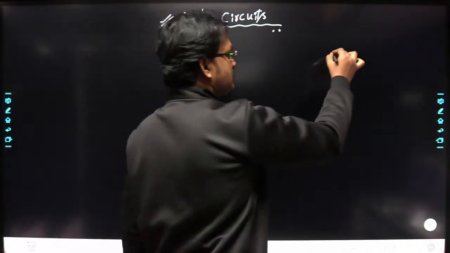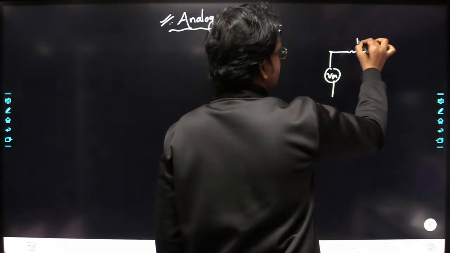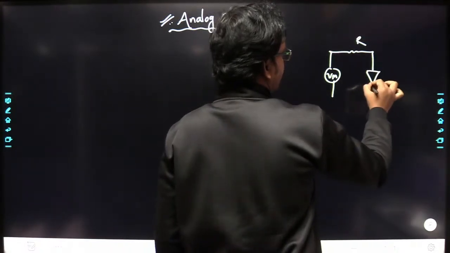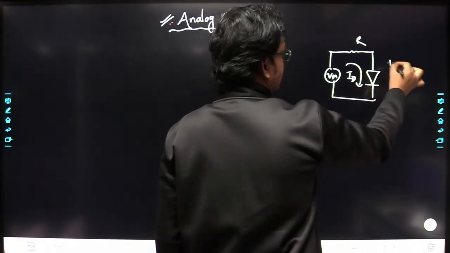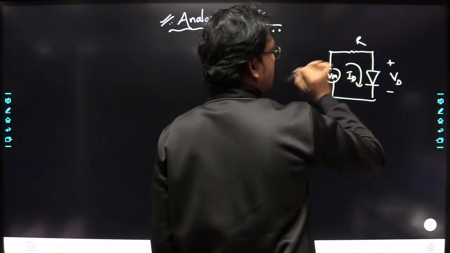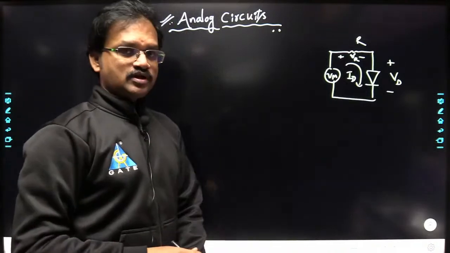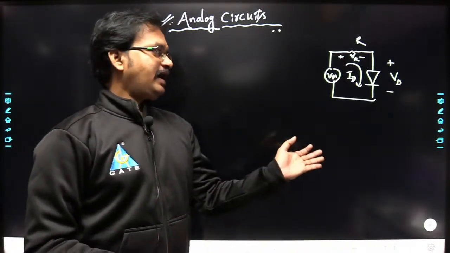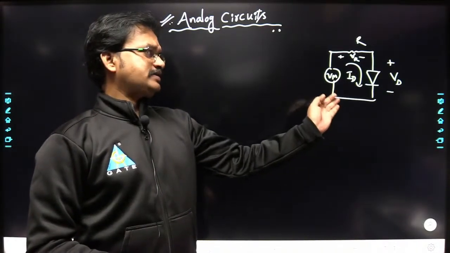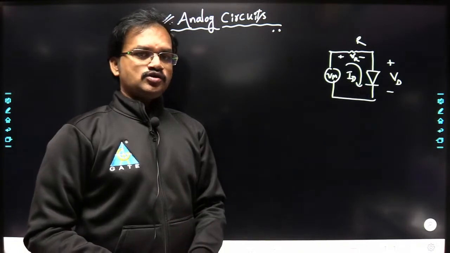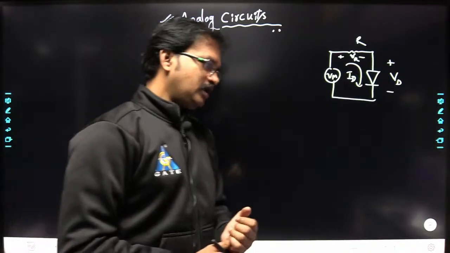Suppose you take the circuit, let us say this is V in, here you have a resistor, and here you have connected a diode. The current flowing is ID, the voltage drop across the diode is VD, and the voltage drop across the resistor is VR. We take this simple circuit and do the exact analysis to determine ID. We get a nonlinear equation, and solving that nonlinear equation